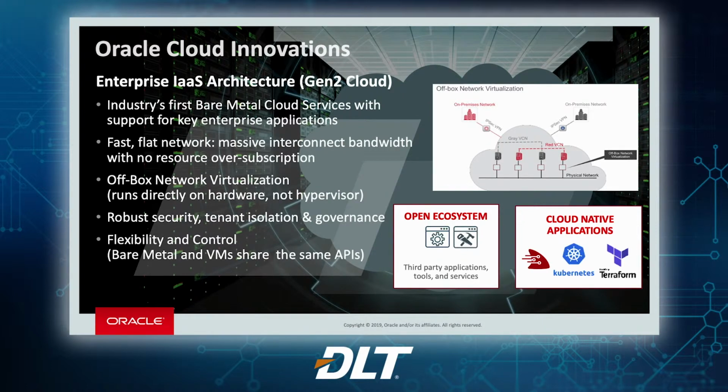We offer a fast, flat network with a massive interconnect bandwidth, very low latency. So we combine that with off-box network virtualization, so the overhead in the network isn't taking up processing power. It's in the network, not the hypervisor. So we have very robust security, tenant isolation,